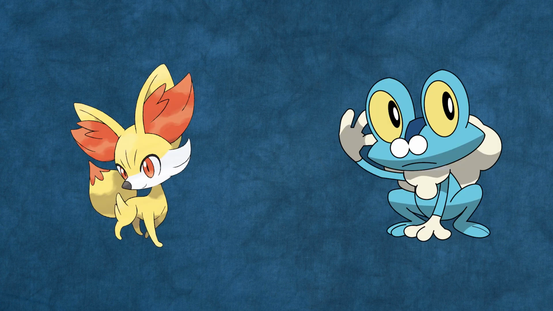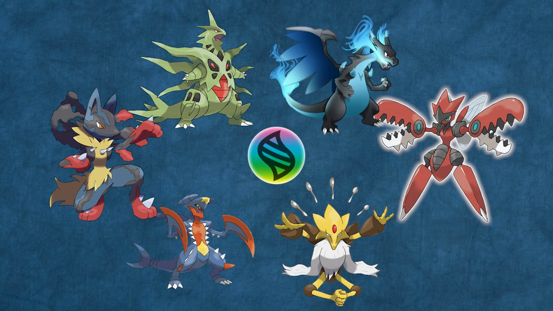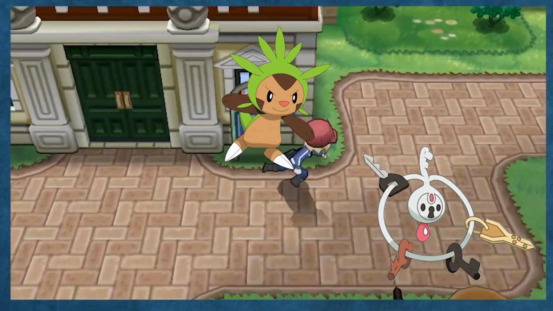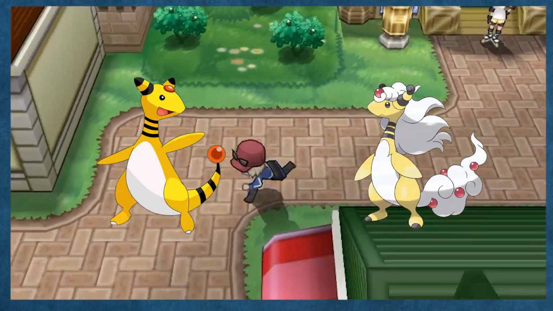I take that last part back, the animations aren't actually that good. We have some of the best starters since Generation 1. All of the new Pokemon are very creative and hardly any of them feel like repeats, and Mega Evolutions are spectacular. Well, Chespin kinda sucks, Klefki is just a key, and Mega Ampharos is just Ampharos with a little bit